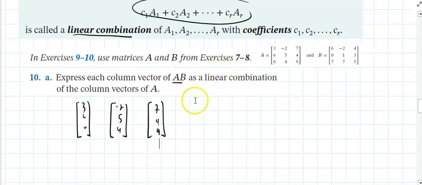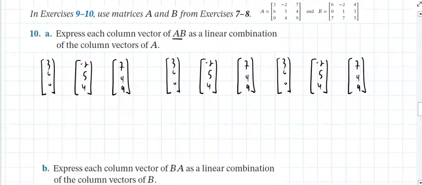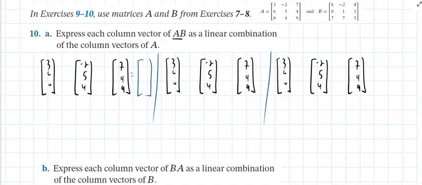Well, let's see how I'm going to do this. Let me copy this a few times. So you take the columns. It says express each column vector of AB as a linear combination of the columns of A. You list the columns of A and you start